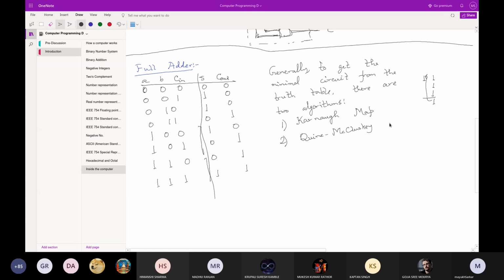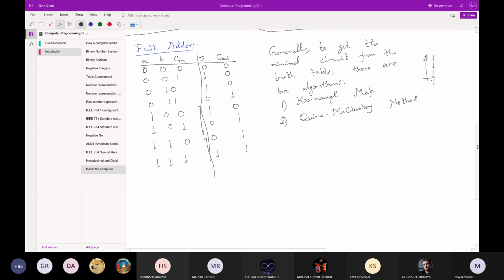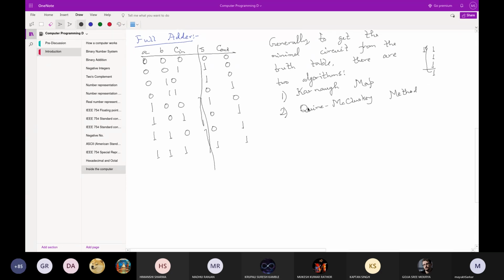Obviously, based upon the names of the creators of these methods, both of them give a provably minimum digital circuit. We will not go into the details of this, but if some of you are going into computer science or IT and you study digital electronics, and those going into electronics as well, then in the digital electronics course we will study these two methods in detail there. But let me write them directly.